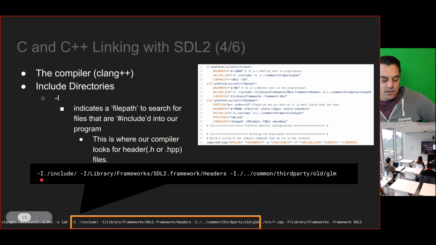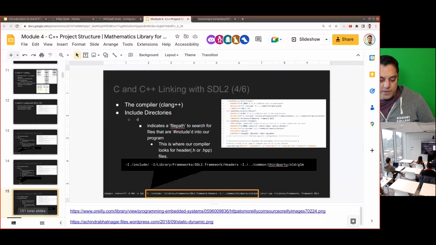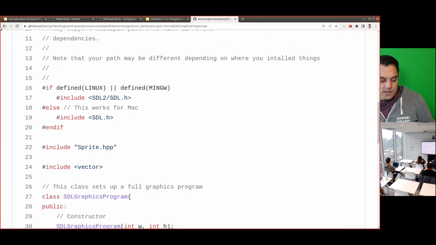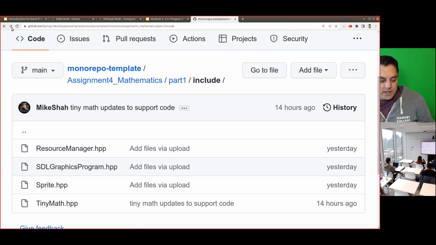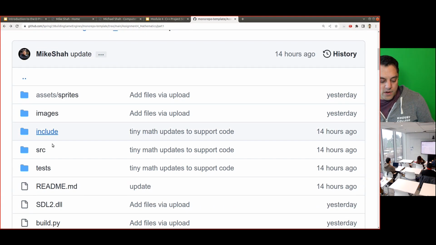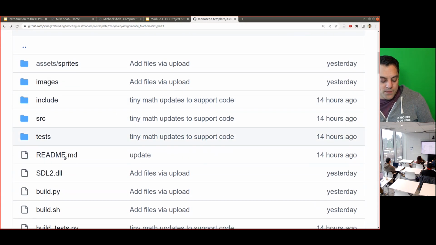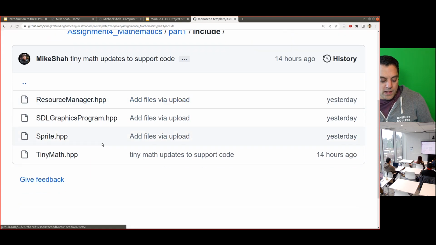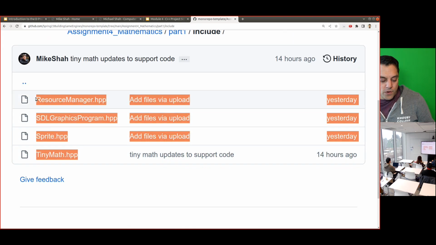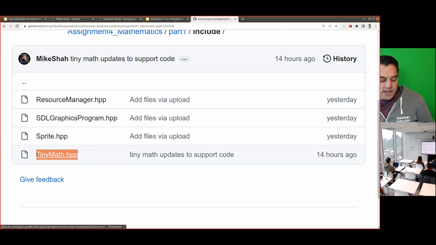When I do -I and then /include, that's important because it indicates a relative directory. I had a couple of questions on this in office hours that we were debugging. That just means that from my root directory, wherever I'm compiling this, I'm looking in /include. So that means look in this actual folder, and then it will know to look for these things here. In this case, for today,